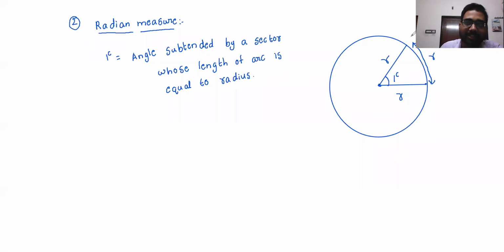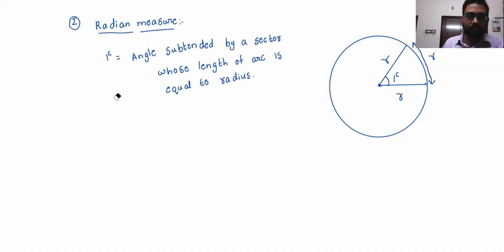As you can see, this is close to an equilateral triangle, because the 3 sides are equal. In an equilateral triangle, the sides are exactly equal. If you make this curved part into a straight line, we would get an equilateral triangle, in which each angle is 60 degrees. If you stretch this side slightly, the angle will slightly reduce. So that's why 1 radian is approximately equal to 57.3 degrees. Anyway, we'll come to this again later.